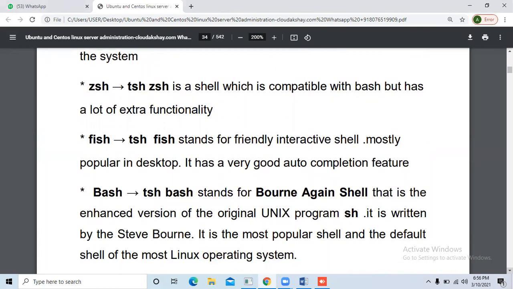This is the unchanged version of sh, the Unix program sh. sh means shell and bash means Bourne Again Shell. It was written by Steve Bourne, and it is the most popular shell, the default shell for most Linux operating systems.